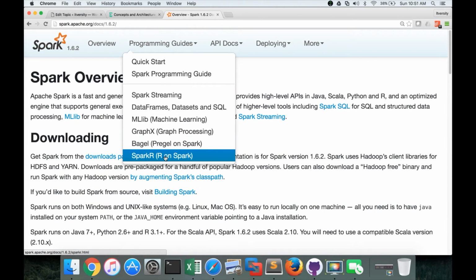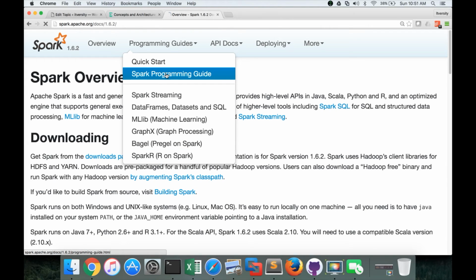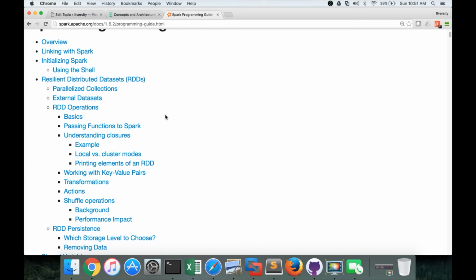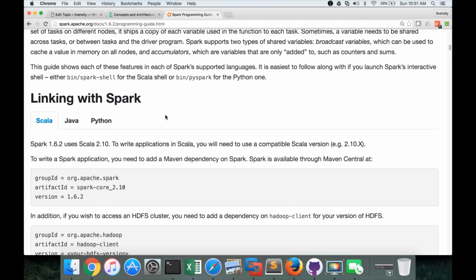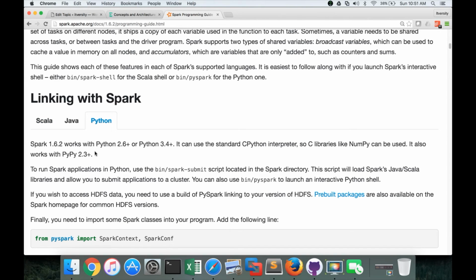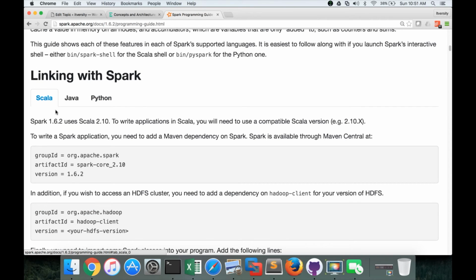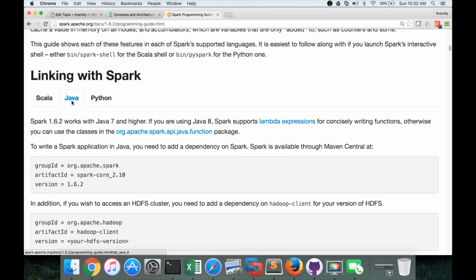If you go to the Spark programming guide, which covers core APIs, you can see Scala, Java, and Python are there. If you change this, you will see the Python based syntax and semantics. If you choose Scala, you will see Scala based syntax and semantics, and if you choose Java, you will see Java based syntax and semantics.